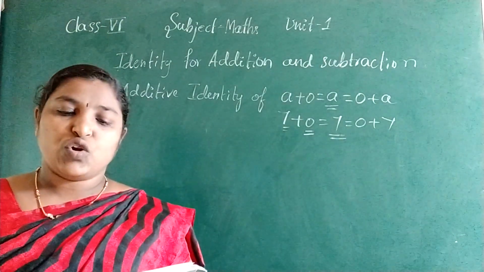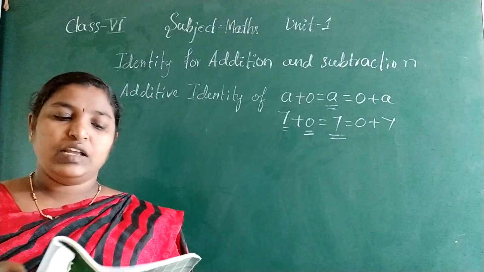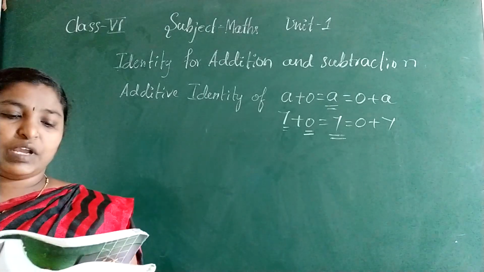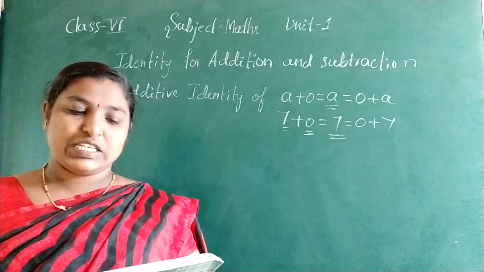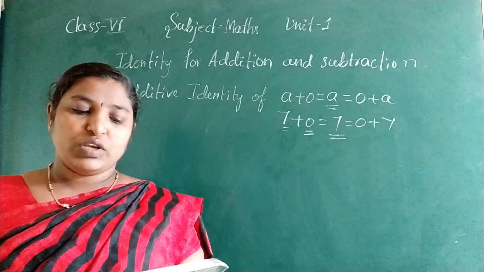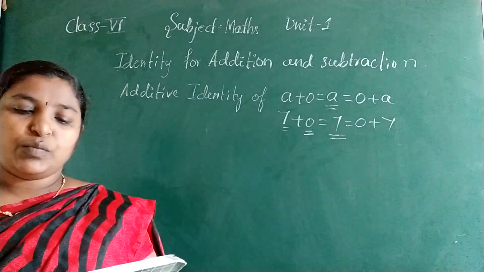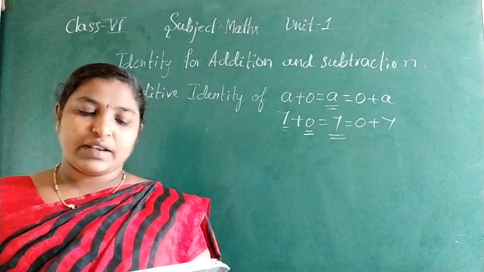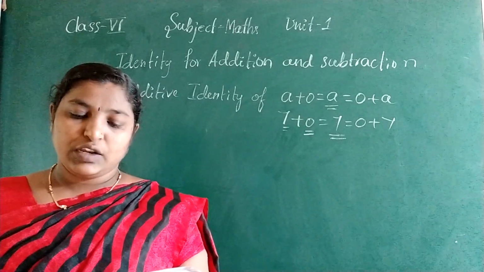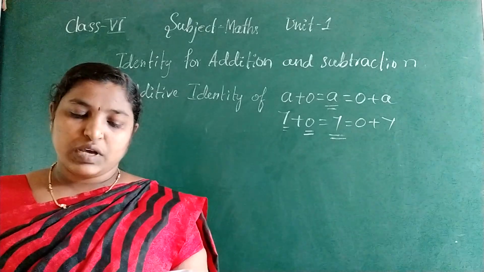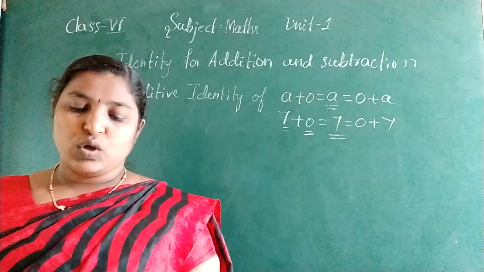0 has a special role in multiplication too. Any number when multiplied by 0 becomes 0. For example, 5 into 6 is equal to 30, 5 into 2 is equal to 10, 5 into 0 is equal to 0. Observe how the product decreases. Do you see a pattern? You came across the additive identity for whole numbers: a number remains unchanged when added to 0.